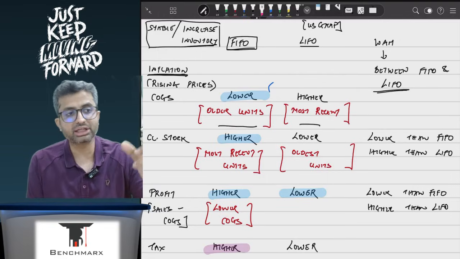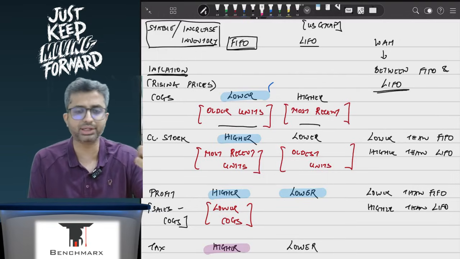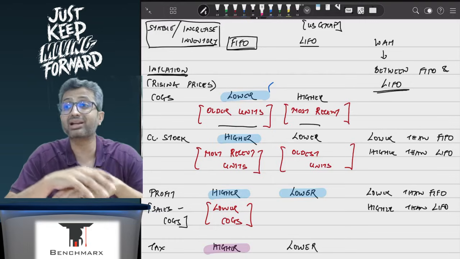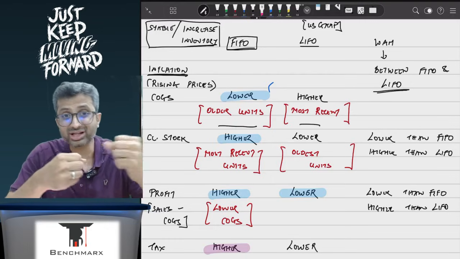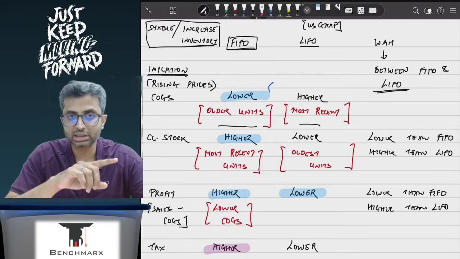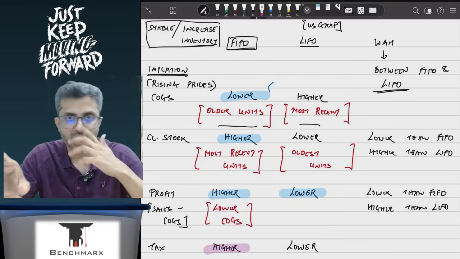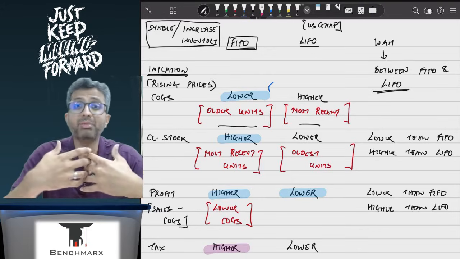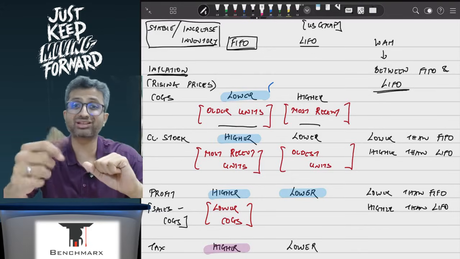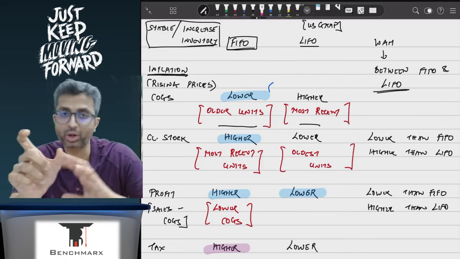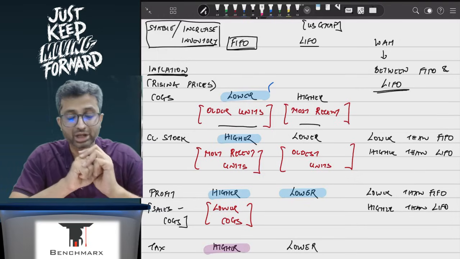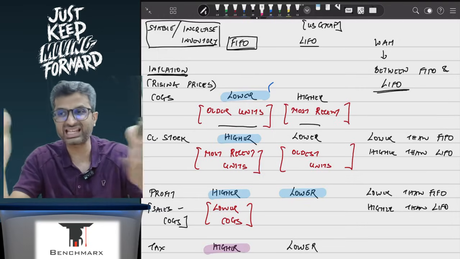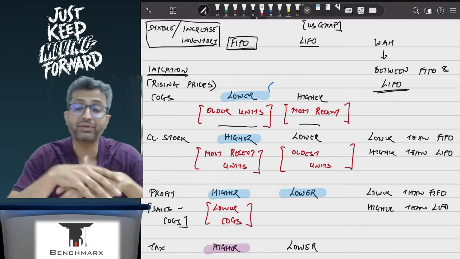So under, let us say, an inflationary environment, what might happen is the prices of the products are increasing. If you are following a method like FIFO, then the products that you bought earliest are assumed to be sold earliest. So first in, first out, which means your cost of sales will be made up of the oldest products. Now, oldest products are the cheapest products, so your cost of sales will be lowest under FIFO in an inflationary environment. And if your cost of sales are lower, that means, selling price remaining constant, your profit is higher